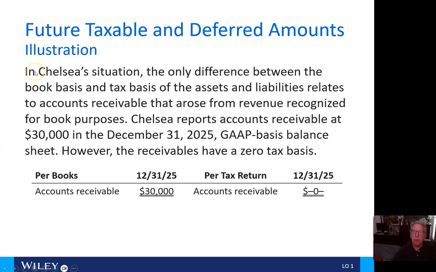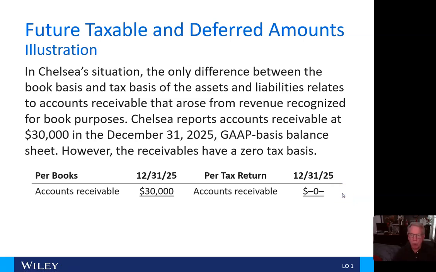All right, so in Chelsea's situation, the only difference between book basis and tax basis of the assets and liabilities relates to accounts receivable that arose from revenue recognized for book purposes. Chelsea reports accounts receivable at $30,000 in the December 31, 2025 GAAP basis balance sheet. However, the receivables have a zero tax basis. So per the books, we have accounts receivable of $30,000, but per the tax return, we have zero at the